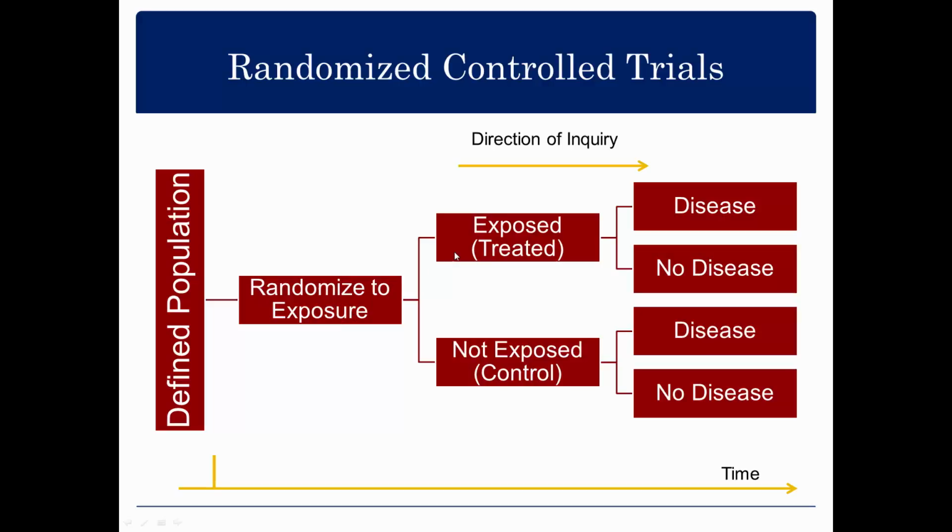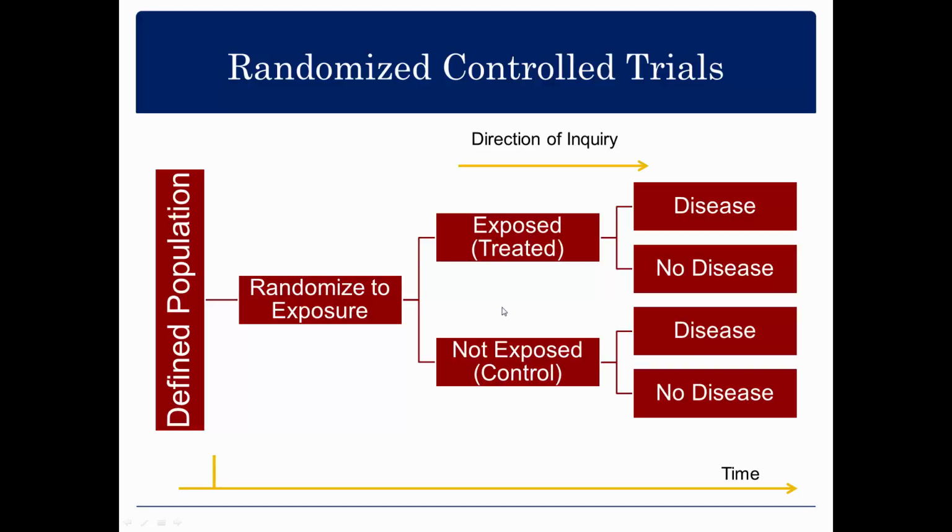We randomize them to either be exposed to the treatment, or, in the case of a very simple trial, to have either an untreated control or a placebo control, not exposed to the treatment of interest. So we're exerting some control here to minimize bias by not letting patients or subjects self-select into their exposure status, and we're not allowing a clinician to say, I want that person on that treatment and that person on that treatment. Because if we're allowing clinical decision making to go into